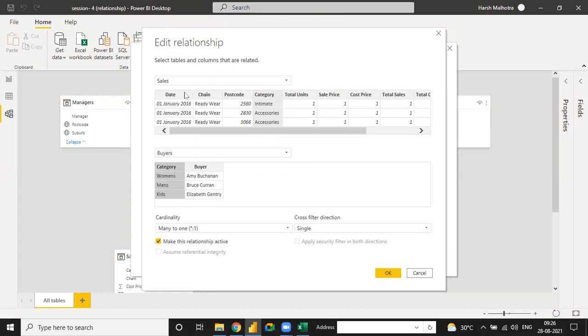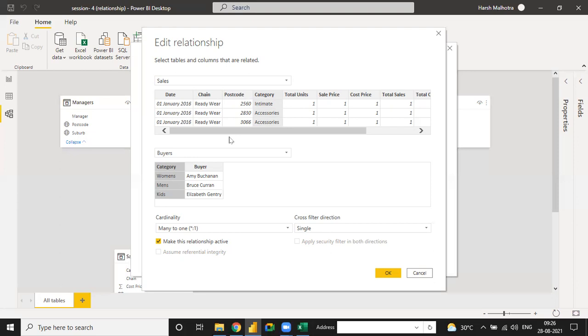If your buyer table is in the upper part and your sales table is in the lower part, then the relationship would change to one to many, because your buyer table has only one unique item and your sales table has multiple transactions with one unique item. Like accessories used 100 times in the sales table, intimate used 100 times in the sales table, so we use a one to many relationship.